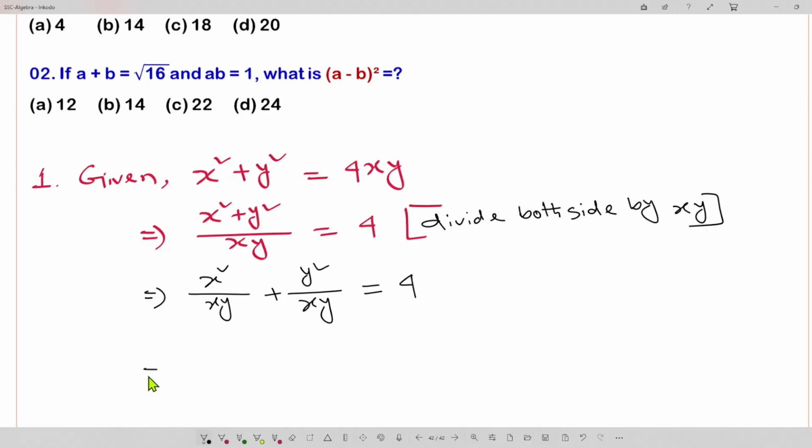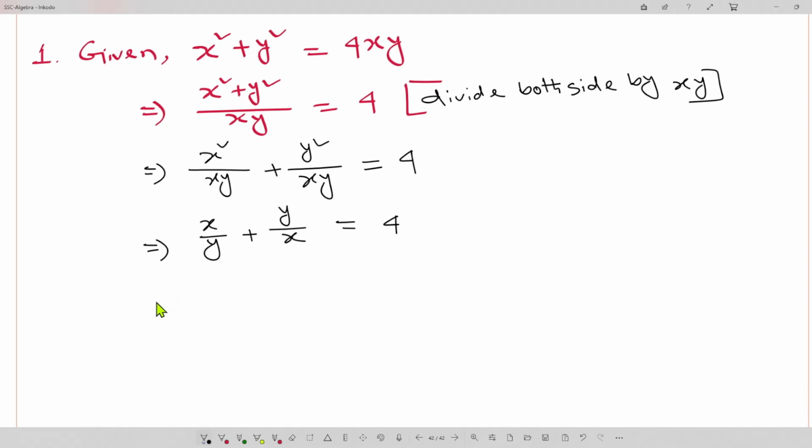And then look, this one, here is x square and here is xy. It means this fraction we can divide by x, then we will get x by y, plus, and this fraction we can divide by y, so we will get y by x, right? And here is equals to what? 4. Okay,